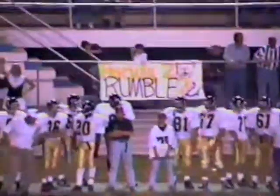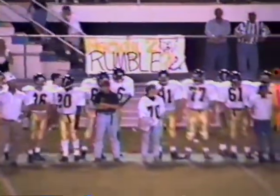So now second down and long yardage for Mount Juliet. Second down and right at 12. Has the ball at the 33-yard line. 3 wide receivers in the game for